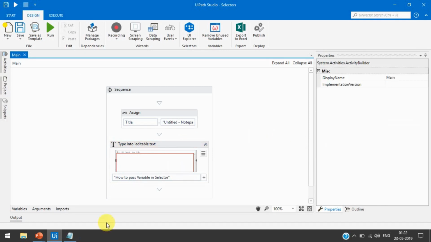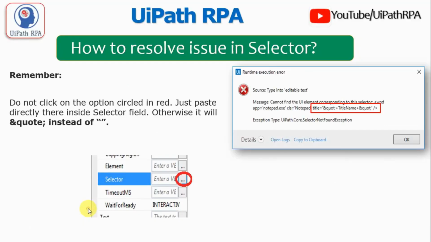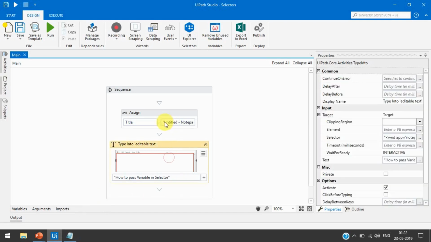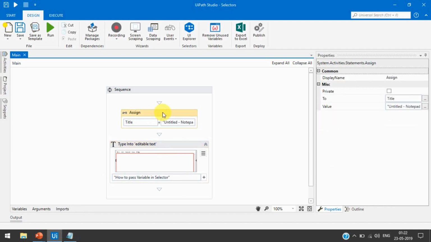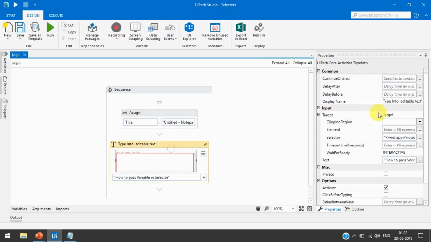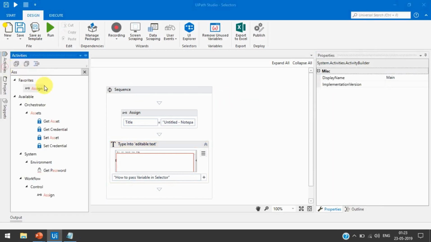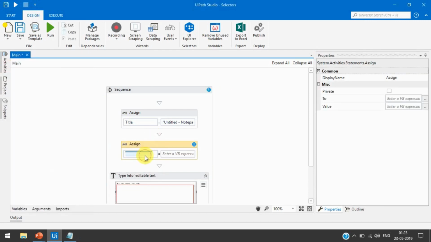Now I'm going to tell you one thing more. Here we have used the title untitled notepad in this one. If you want to use the complete selector in a variable and use the variable here, then just press Control A, copy this and take one Assign activity here, and just press Control K, write the selector.